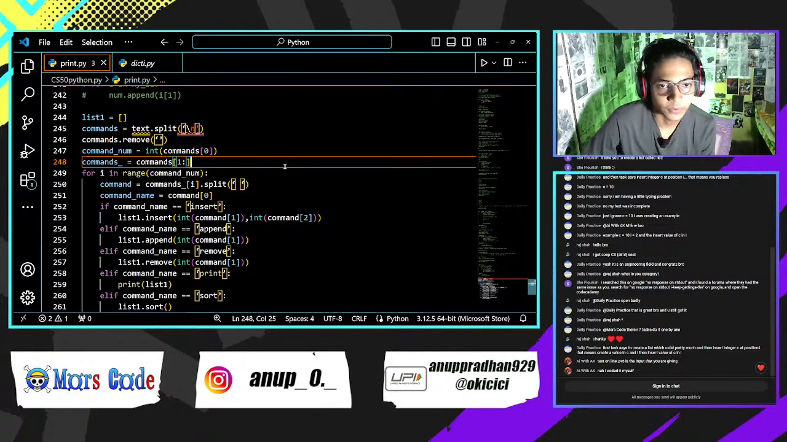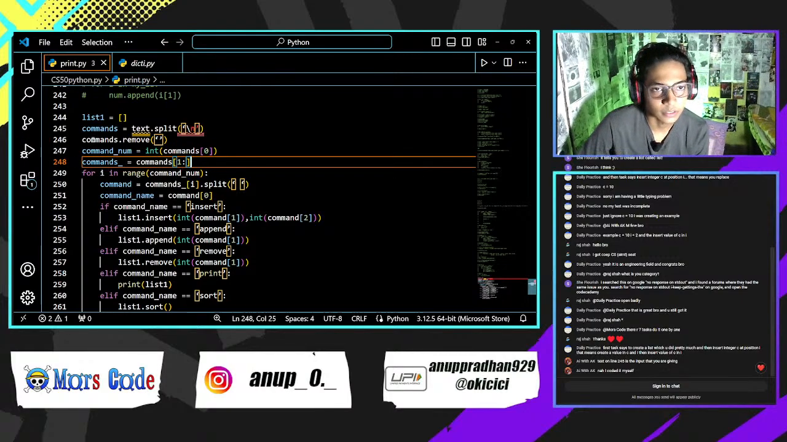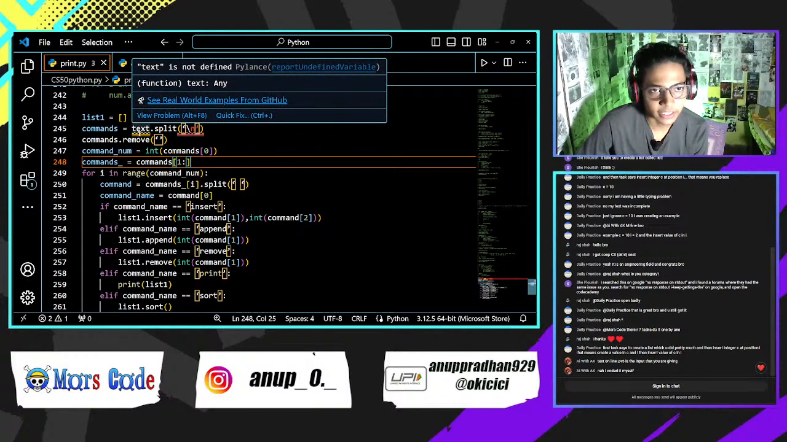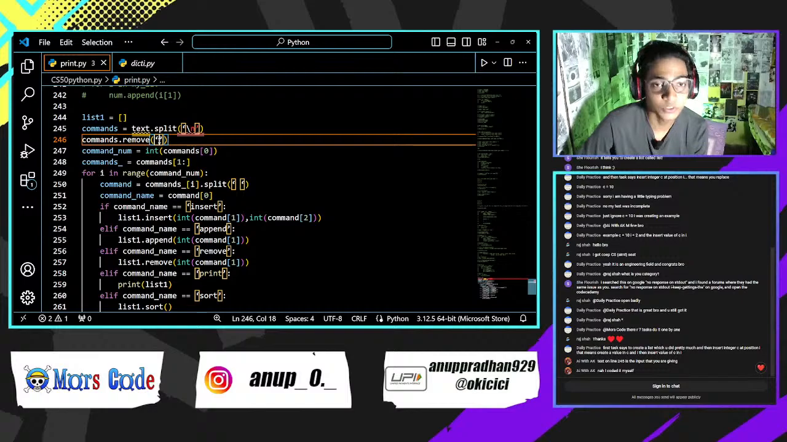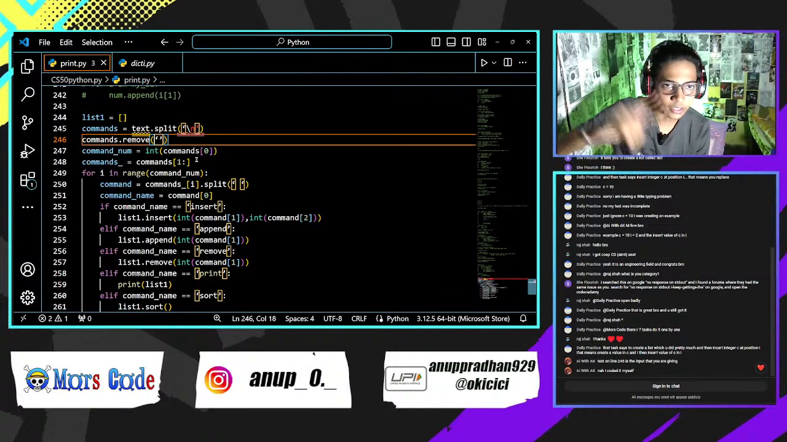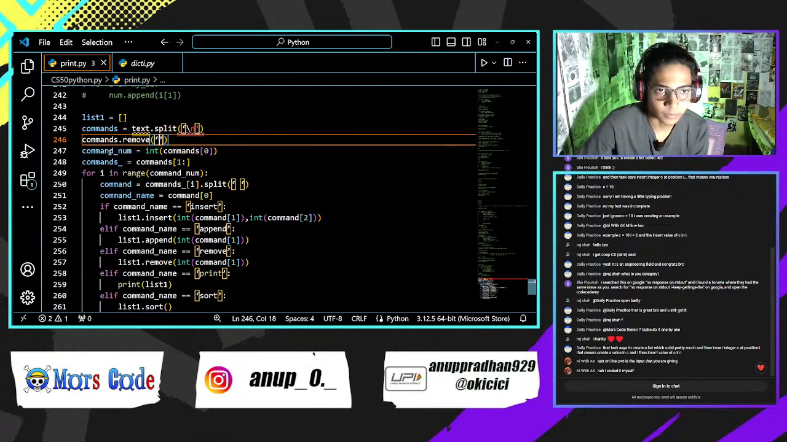Okay. Command. Commands is a variable, then we are taking command dot this and then remove this thing. Okay, remove space. We remove the space thing. Okay, and command num is equal to integer command 0, will be the, I think, insert or something like that. Okay, command num 0. The command space is equal to commands 1. Commands 1 is